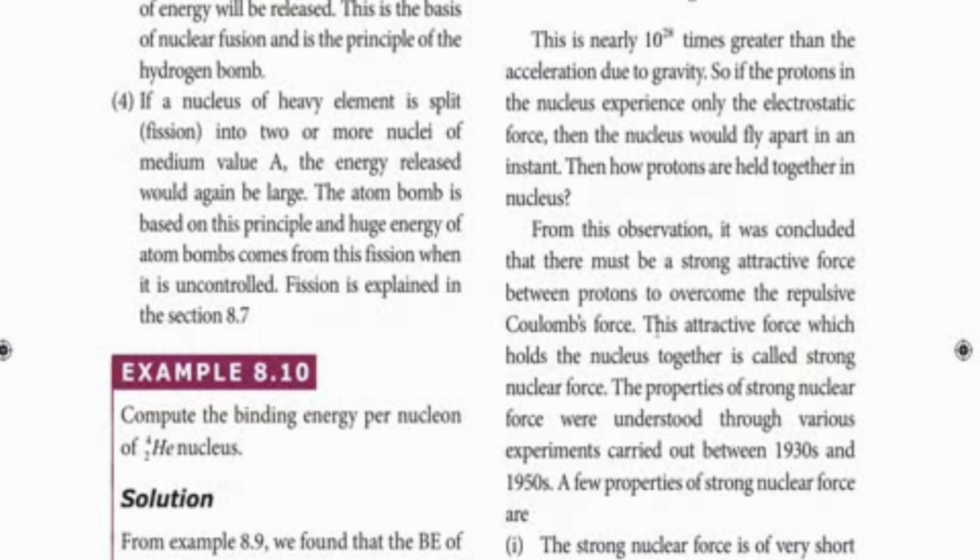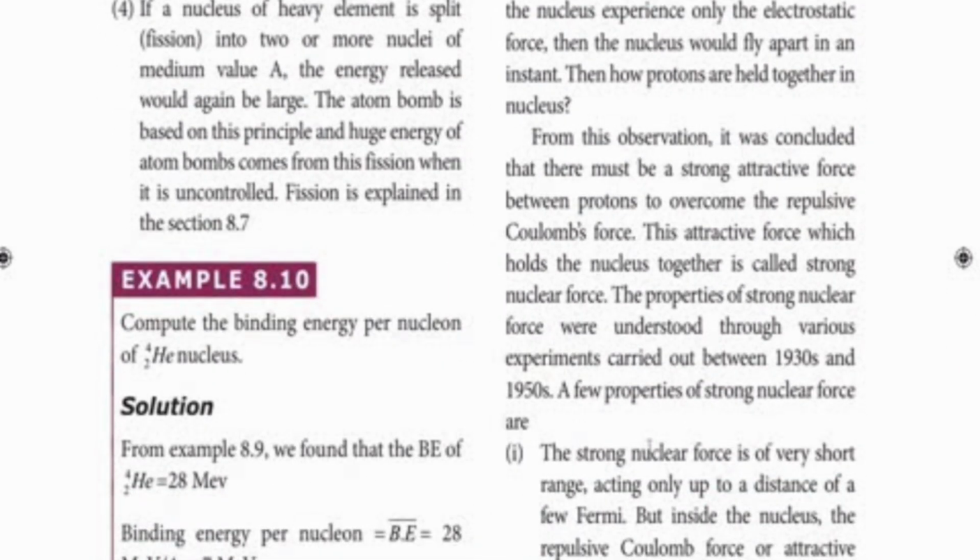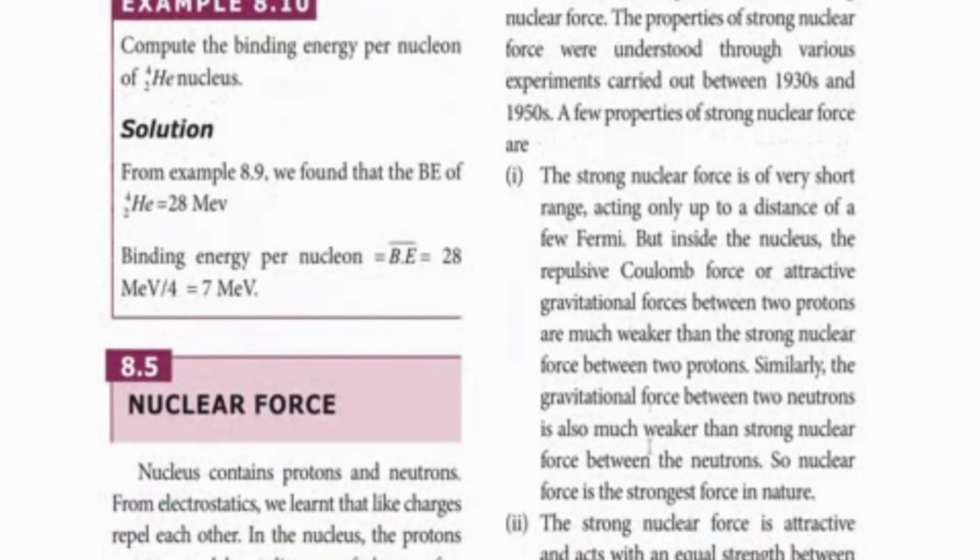So it is very strong compared to the gravitational force. So a very strong attractive force acts inside the nucleus. So the Coulomb's electrostatic force is overcome by the strong nuclear force acting inside the nucleus. Between 1913 and 1950, experiments were carried out. From that, they concluded that a strong nuclear force acts between the two protons and the neutrons,